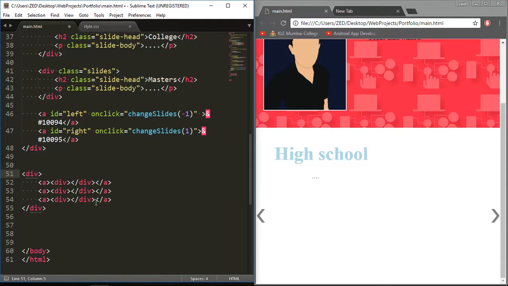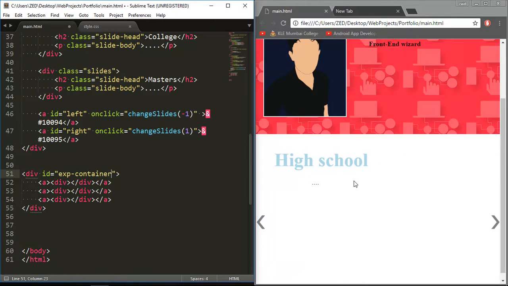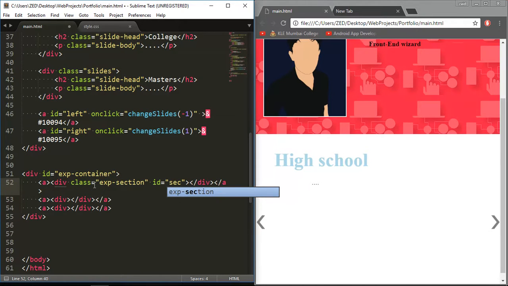Alright, so let's ID this div tag to exp container, as we are displaying our experience over here. So let's do that, and the div tag should be class equals to exp section, and let's ID each one of them to change individual properties. So let's keep that section 1, and let's copy that